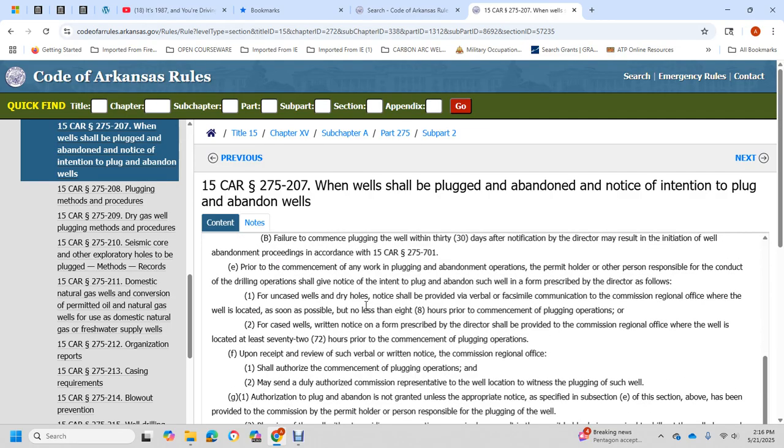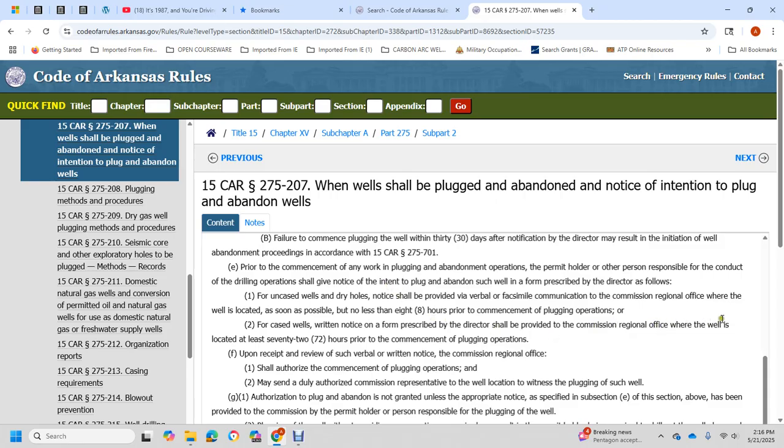All right, prior to commencement of any plugging or abandonment operation, the permit holder or other person responsible for the conduct of the operation shall give notice of the intent to plug, using the form prescribed by the director's office. The notice shall be provided verbally, by the fastest communication, to the commission's regional office where the well is located as soon as possible, not less than 8 hours prior to commencement of plugging operation. Or for cased wells, with the written form prescribed by the director,